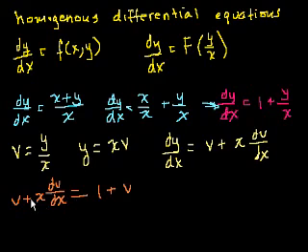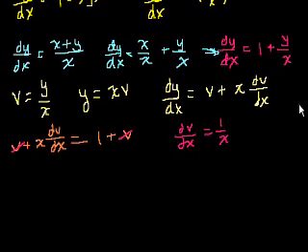So let's see, we can subtract v from both sides of this equation. Subtract v from both sides. And then what do we have left with? We have x dv dx is equal to 1. Let's divide both sides by x, and we get the derivative of v with respect to x is equal to 1 over x. It should maybe start becoming a little bit clear what the solution here is, but let's just